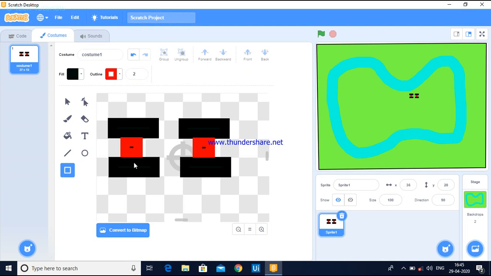Again I just want to connect these two. Okay, this is fine. Our sprite is ready and I'm placing this on the path where it should come.